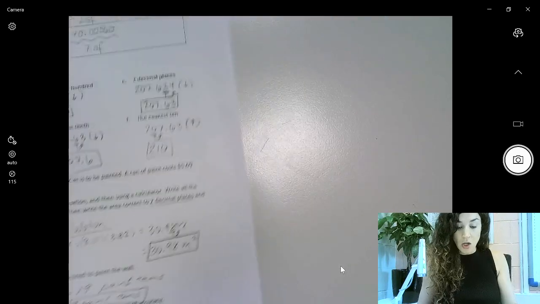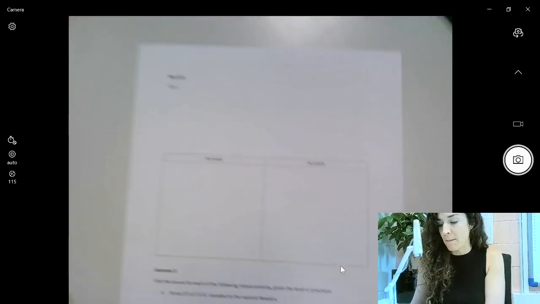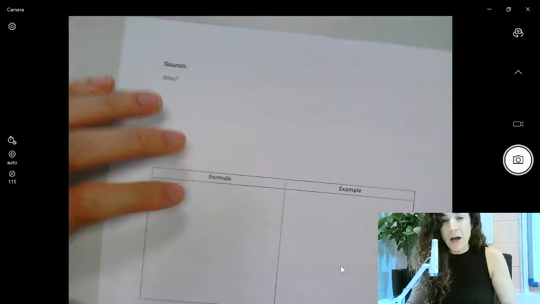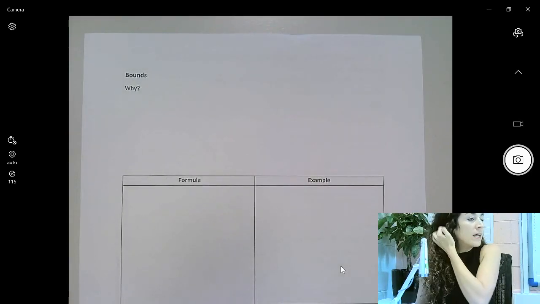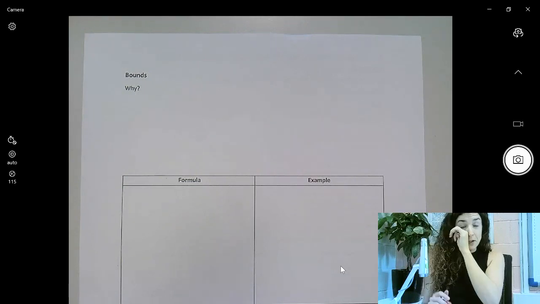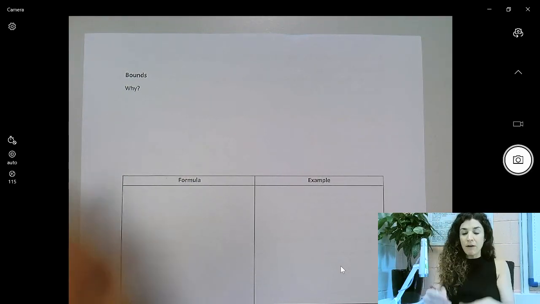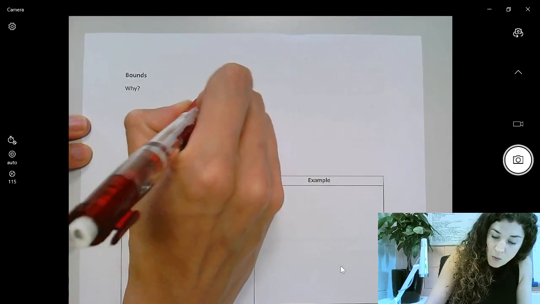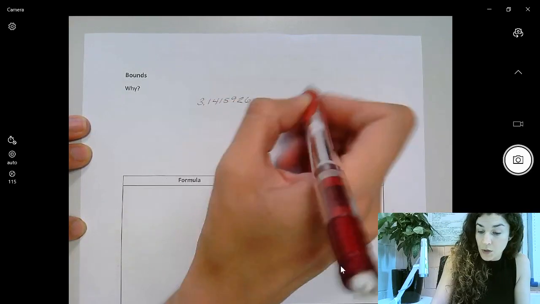Okay, so this front page is just all about rounding and significant figures and everything that has to do with that. And now we have to talk about bounds. Why do we have to talk about bounds? Because when we round numbers, we are no longer accurate. And so sometimes in our mathematics, we need to figure out, okay, well, we're no longer exact, right? Rounding 3.1415926, in other words,